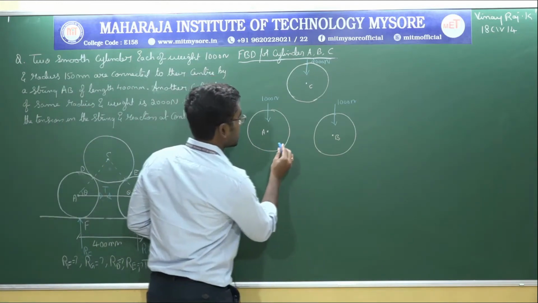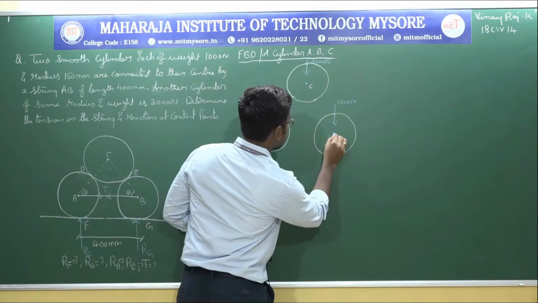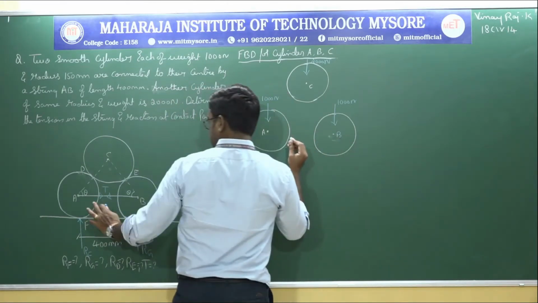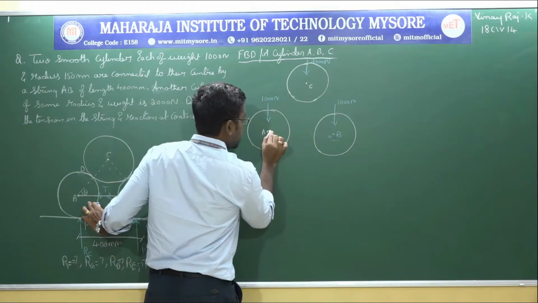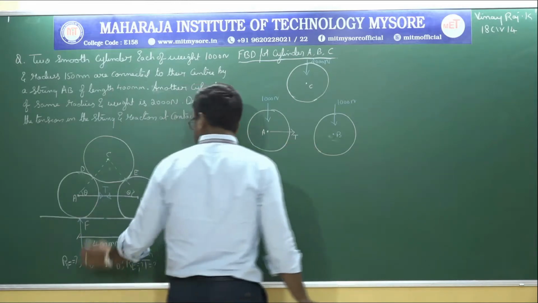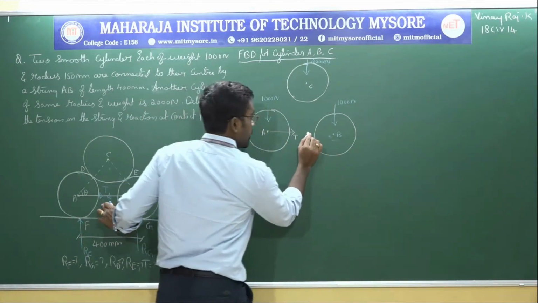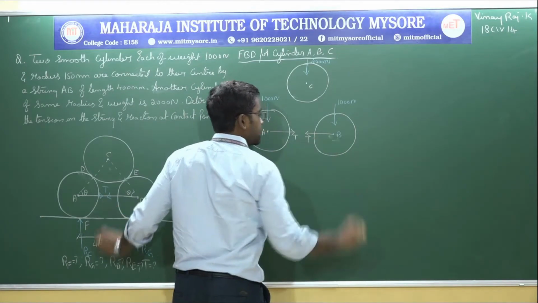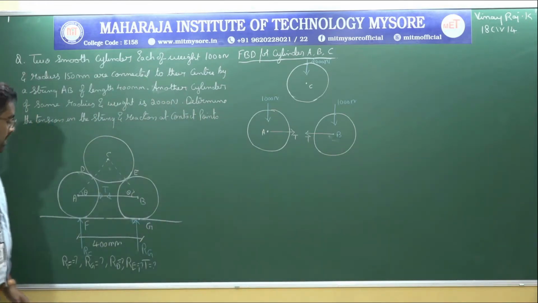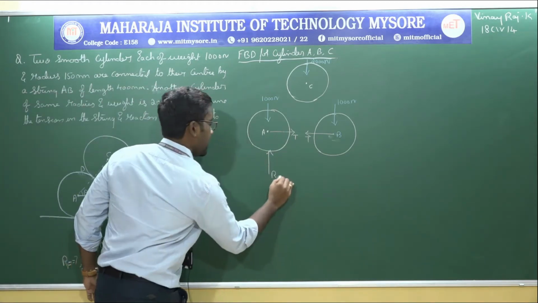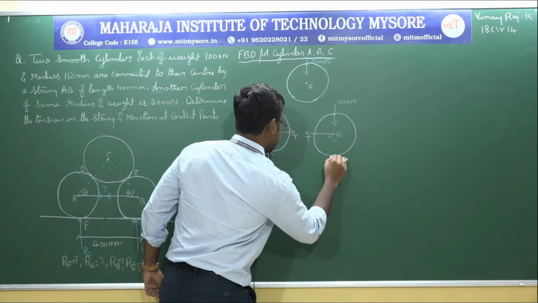Next, so this is the tension. So this will be point B, and this is the tension. So I need to represent the tension for this cylinder like this. See, this is how I need to mention. So now this is the tension for this cylinder, I need to mention like this. Now this is the reaction which is offered by the floor, and that is RF, and this is RG.